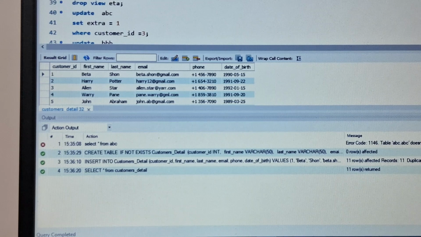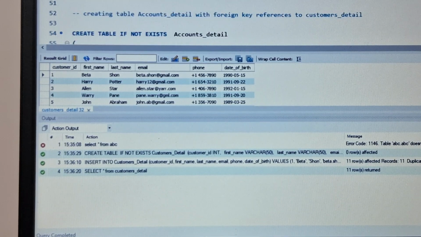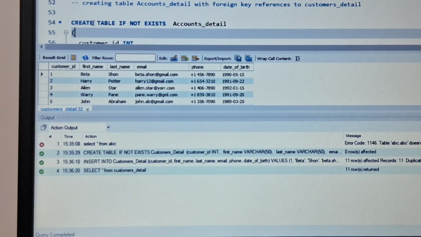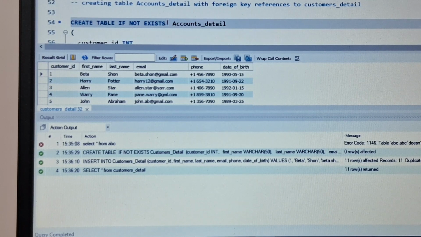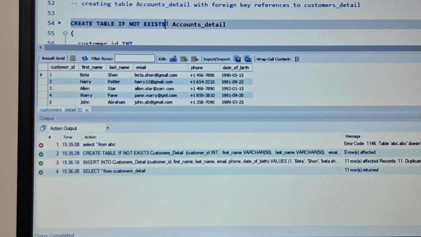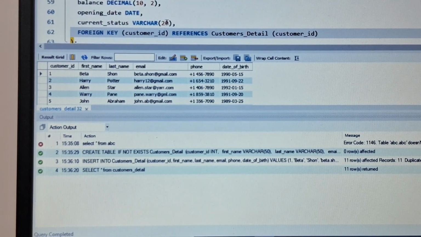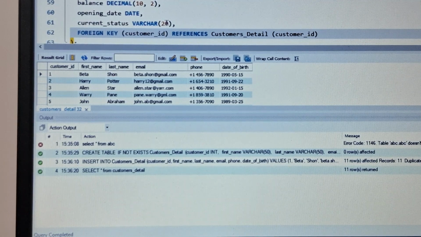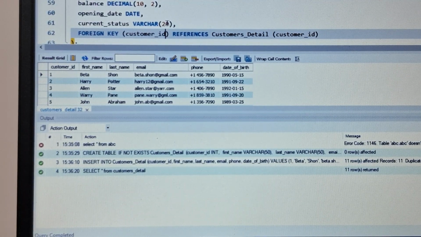I have already discussed DDL and DML commands here. So I'm creating another table here, that is accounts detail. I'm again using create table if not exists. Here the column names are customer ID and account ID, where primary key is account ID and customer ID will be the foreign key, the same as it was in our customer details.